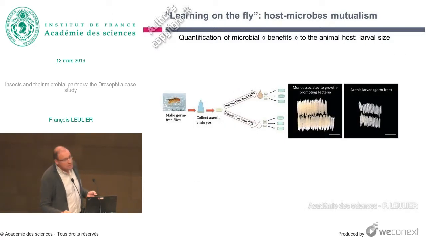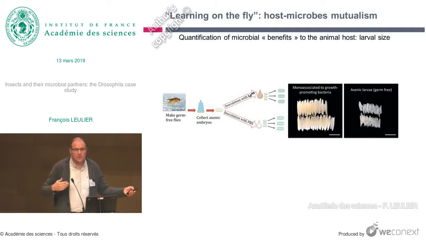So that phenotype is extremely quantitative. We can quantify it very simply by associating germ-free animals with pure cultures of different strains, letting the animal develop on the poor diet, and just studying the size of the animal a week after the treatment. So you see it's a phenotype that is extremely robust, and it gives us a phenotypical window in which you can screen for host or bacterial genes which are at the basis of that phenotype.